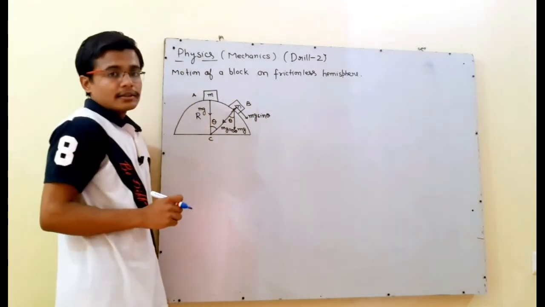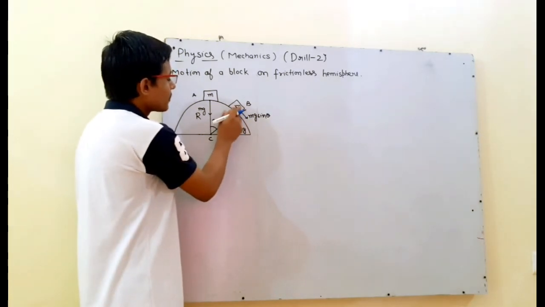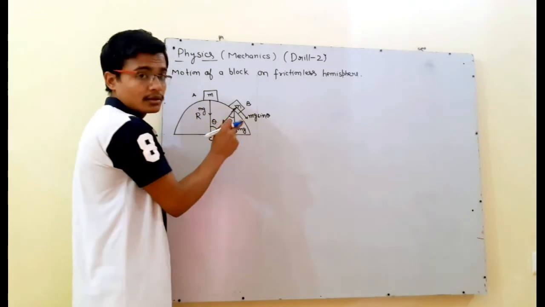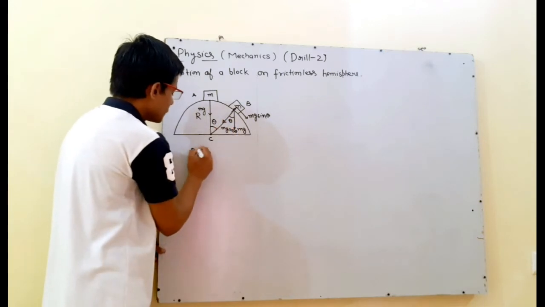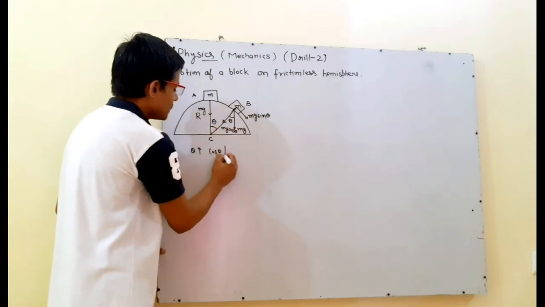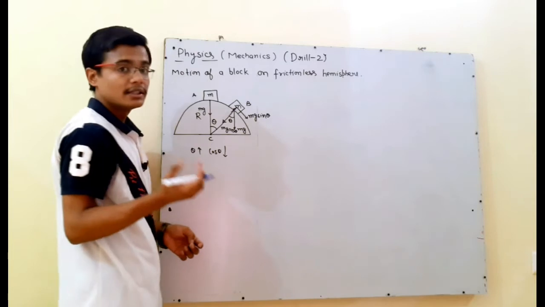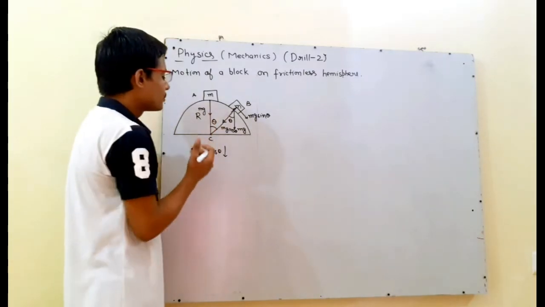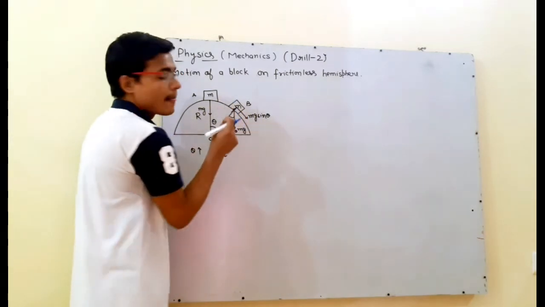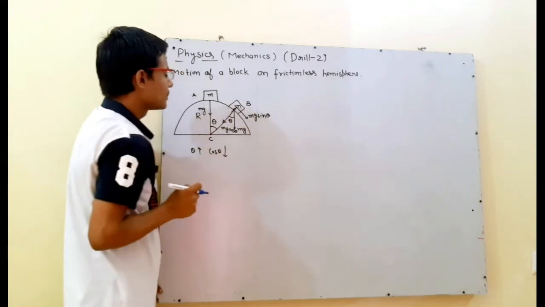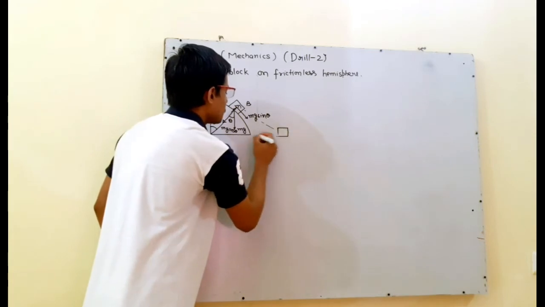At point B, let us suppose a situation will come where the circular motion is going to cease, because as theta increases, cos theta will decrease. When mg cos theta decreases, it will not provide enough centripetal force to this block to perform the circular motion. Then it will leave contact with the hemisphere surface. So it will go something like this.